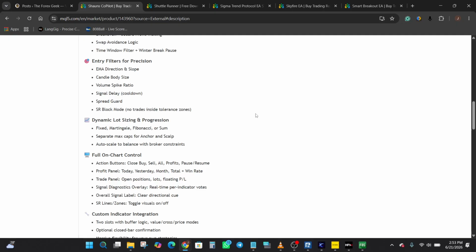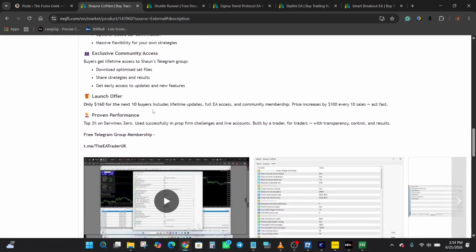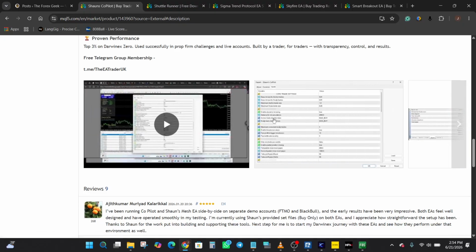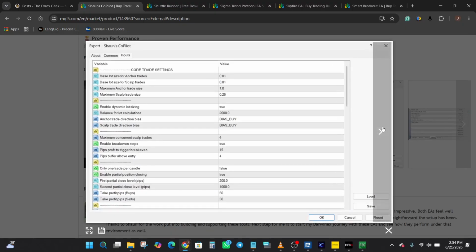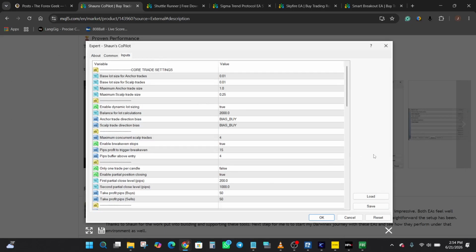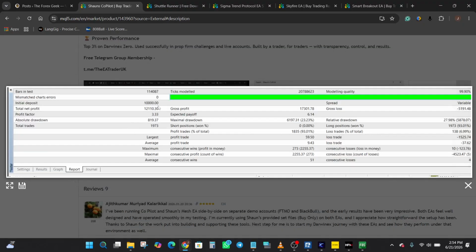Now, let us move into the historical backtesting section as we review the completed backtest results that is displayed here. We're just going to see how the EA performed over the period of time that the developer made available. So in this case, these are the inputs though, and then here we have a backtest result: $10,000 net deposit. I mean initial deposit,